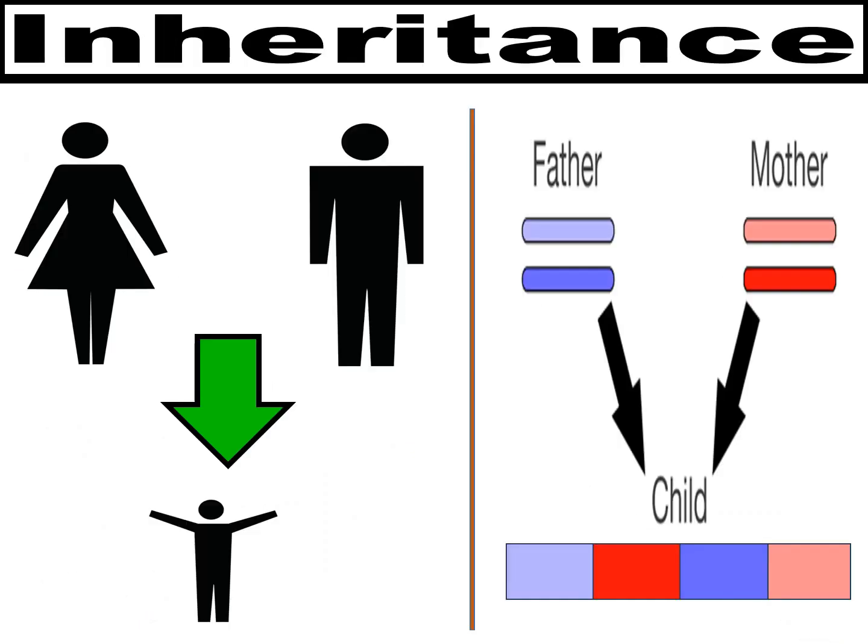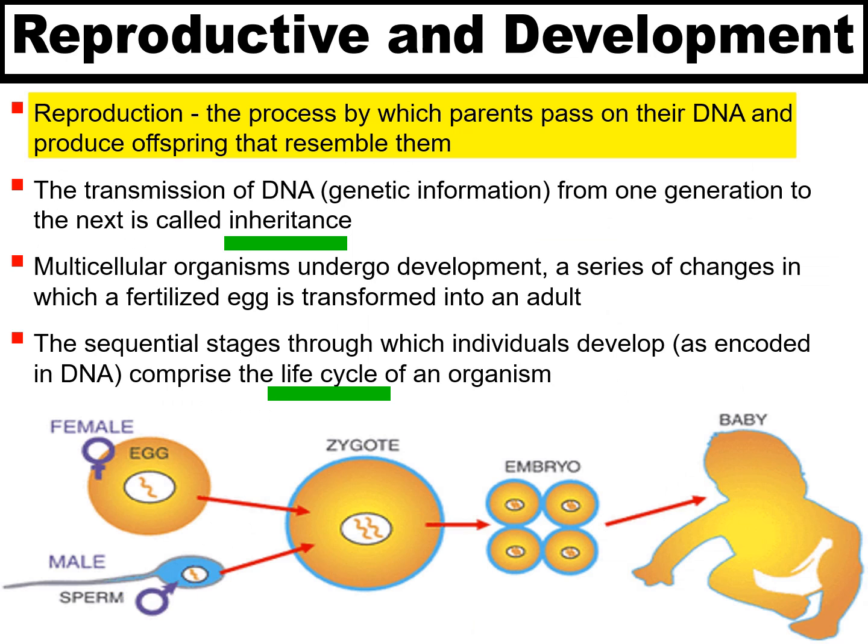This slide shows that through genetic inheritance processes, offspring, or children receive DNA, or genes from their parents. This is also known as heredity. Notice, in the image on the right side, the child contains a portion of the chromosomes from the mother and father. In humans, a female egg is capable of uniting with a male sperm to produce a zygote in the